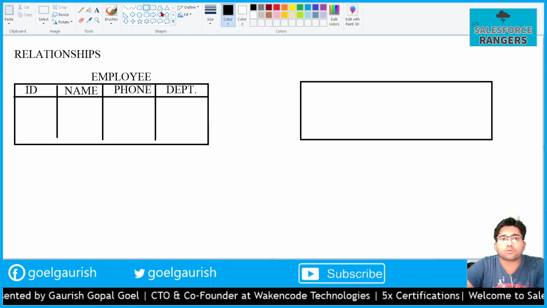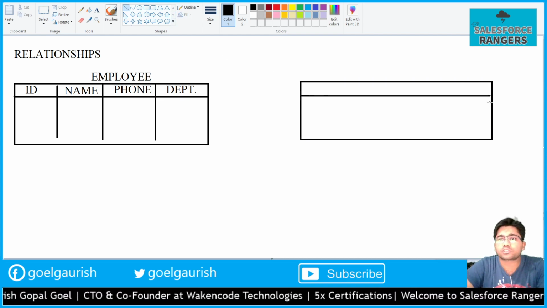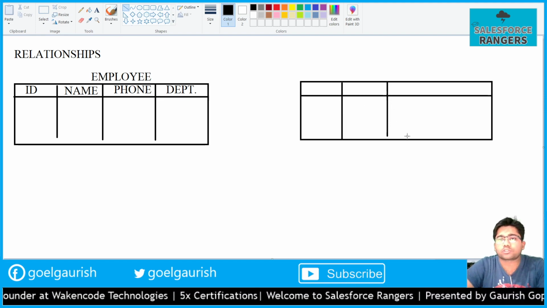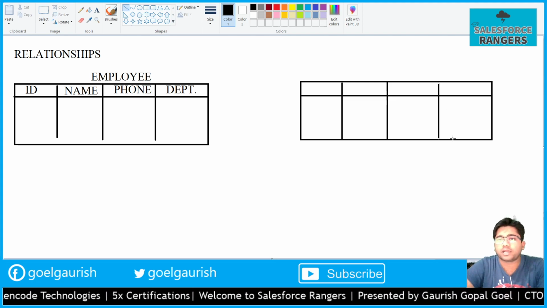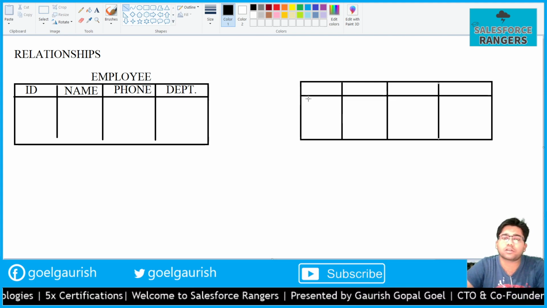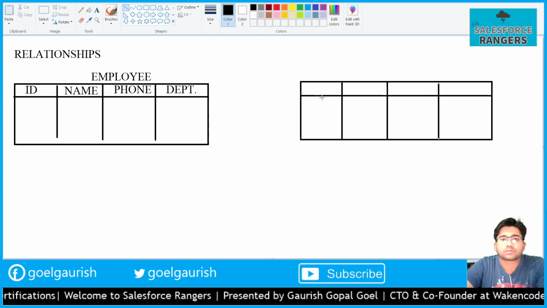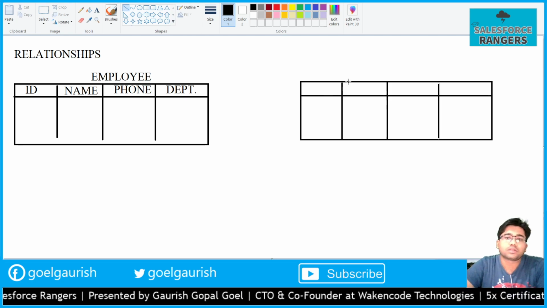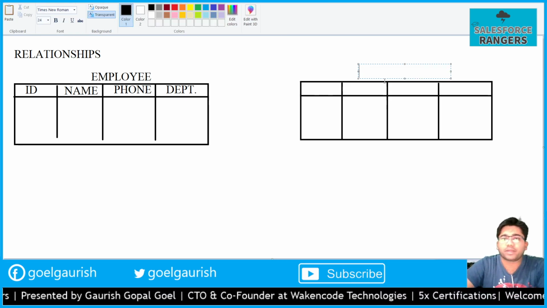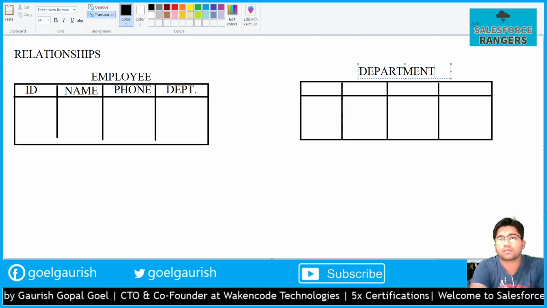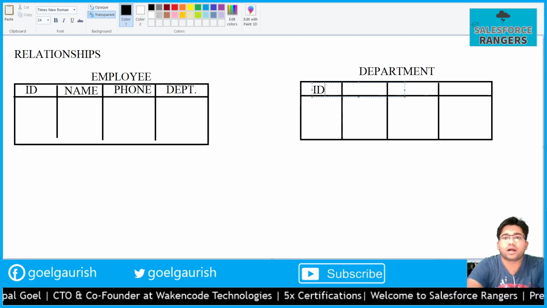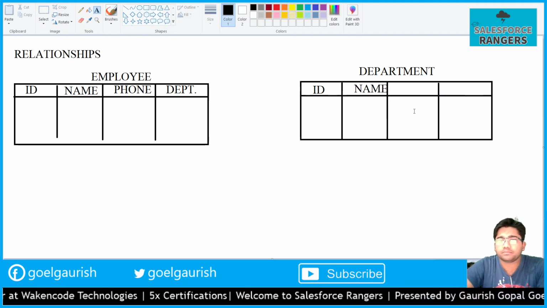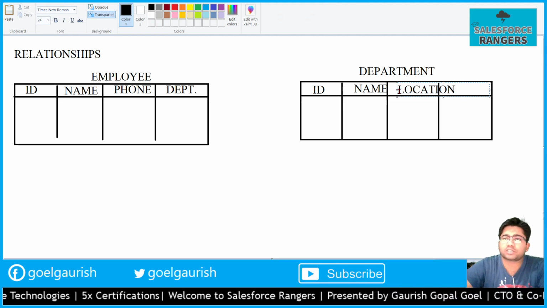I am not using Salesforce terminology here. In Salesforce terminology, a table is an object and a column is a field. Sorry, I said the opposite. A row is a record. Now this table is the department table. ID here is the primary key, and then department name, department location, and so on.